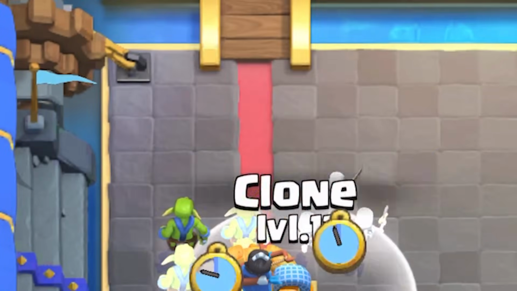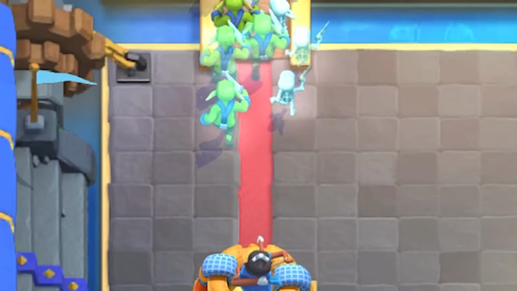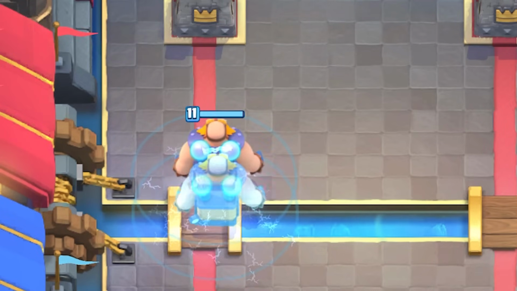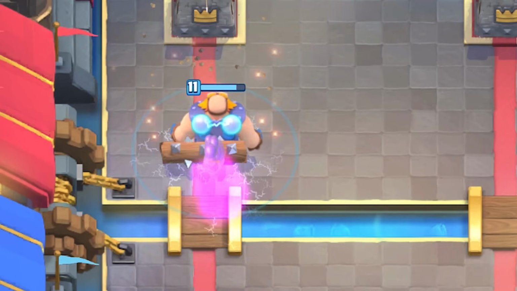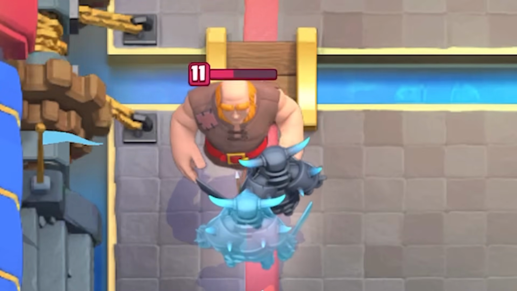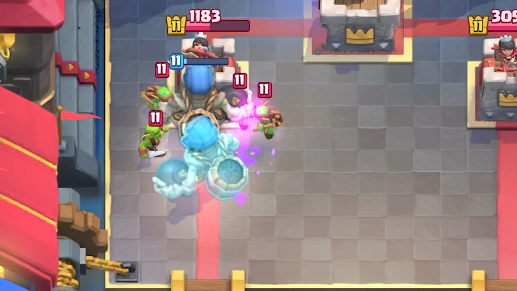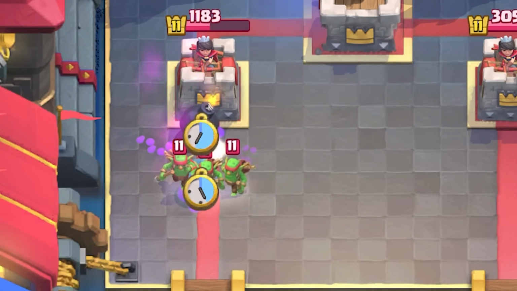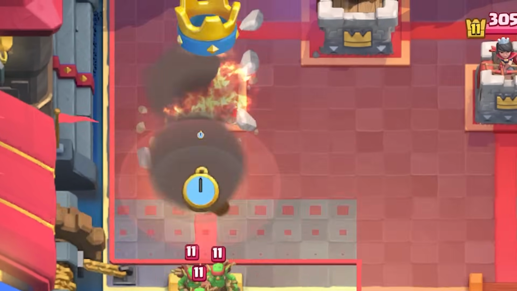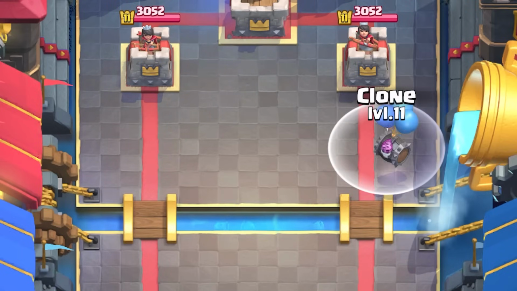Next we got Clone. For 3 elixir you get a non-projectile spell that copies your troops when you play it. The copied troops only have 1 HP, so if your opponent sneezes on them, they are gone. But what makes this spell interesting is, unlike HP, every other stat remains the same. Even the abilities of said card remain the same, so a giant skeleton will get double bombs for like half his original cost. This created a unique card selection for clone decks